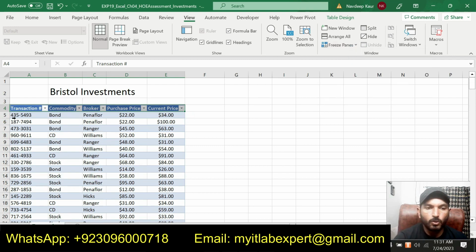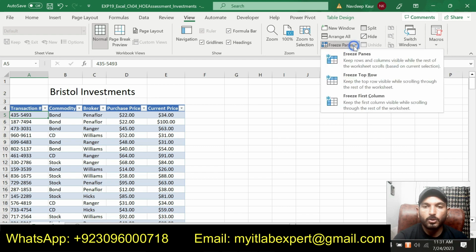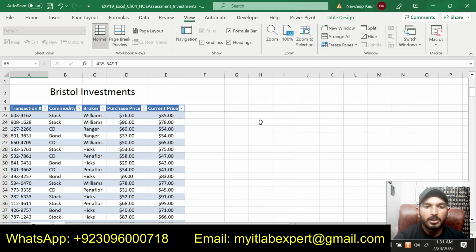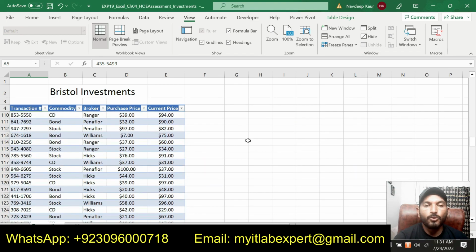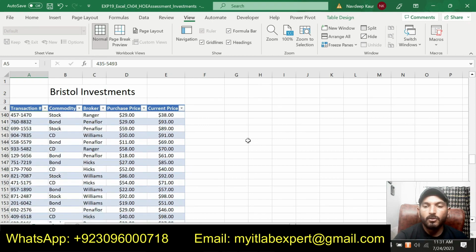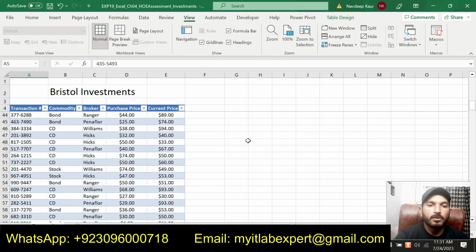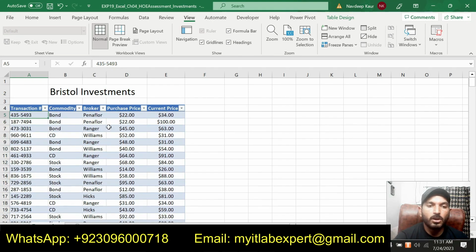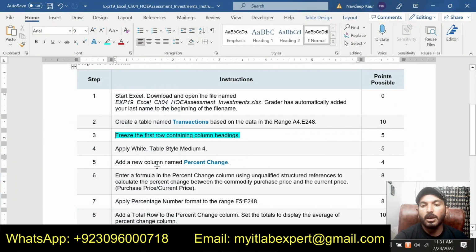So we will simply click row 5 because we are supposed to freeze row 4, go to Freeze Panes in the View tab and then click on Freeze Panes. Now you can see that row 4 containing the column headings is static and it is not moving along with the table. So we have frozen the row that has the column headings, that is row 4. That is all about step number 3.